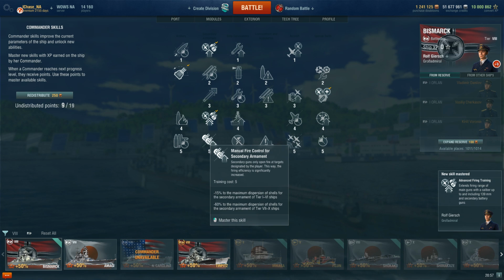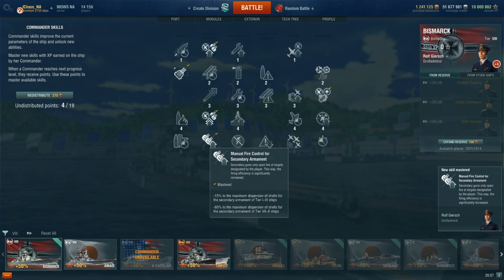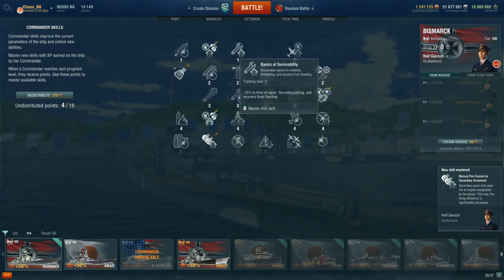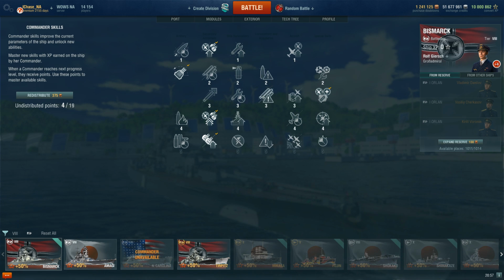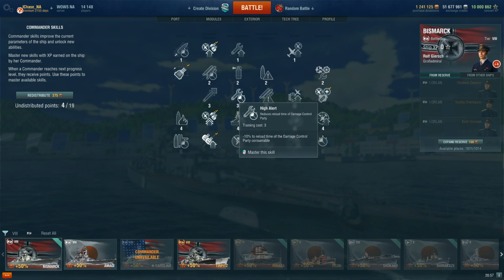And then, of course, the god tier skill for Bismarcks is manual fire control for secondary armament. This will just allow your secondaries to hit that much more frequently. With the remaining 3 points you've got, you can probably go for basics of survivability. You might want to opt for something like vigilance, again, just to give yourself that extra warning against torpedoes. Or you can even go for high alert, just to decrease the time it'll take for your damage control party